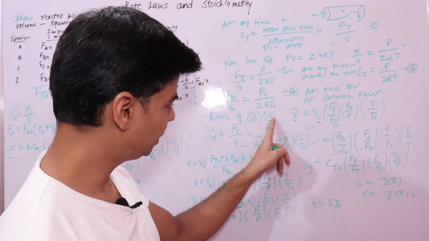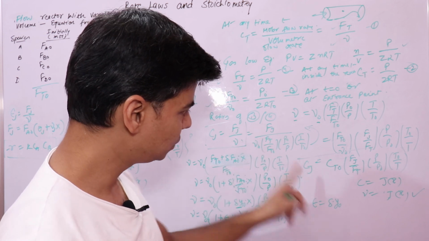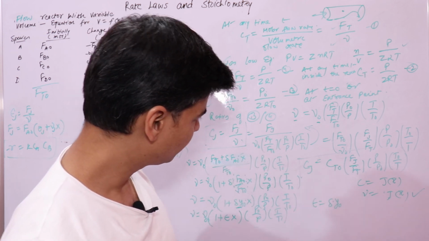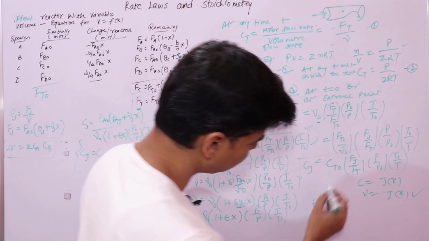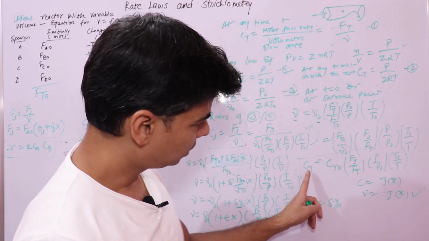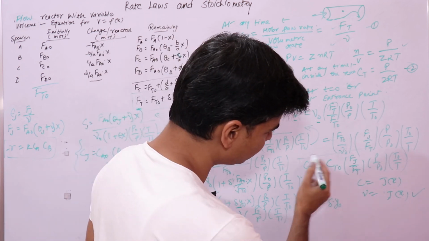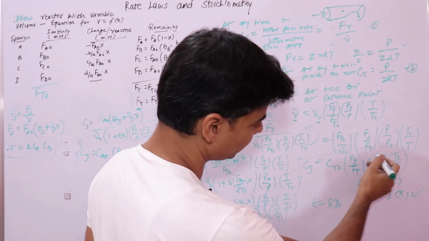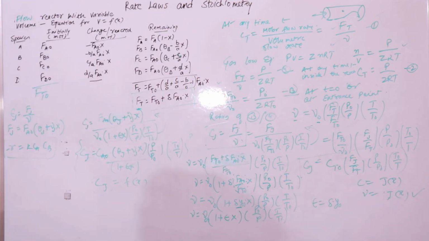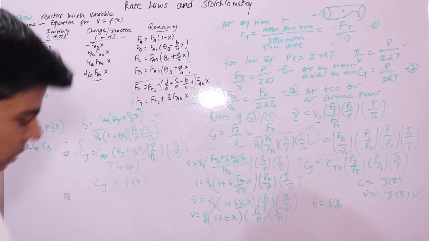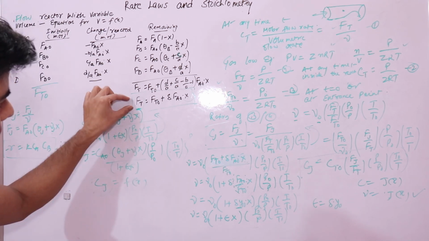Because if you bring Ft above, Ft upon nu0 is your Ct0, right? And this is the relation between concentration and your pressure and temperature, right? Now we know the relation between Ft and X